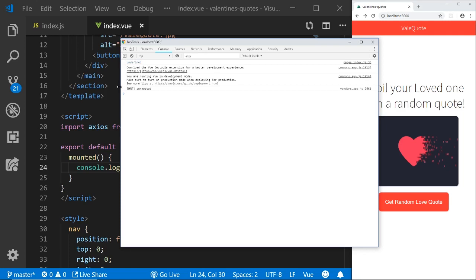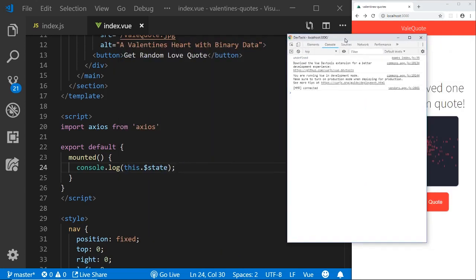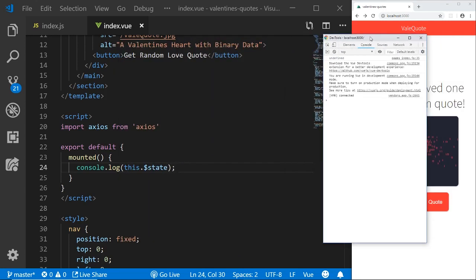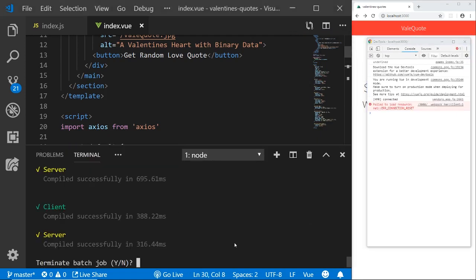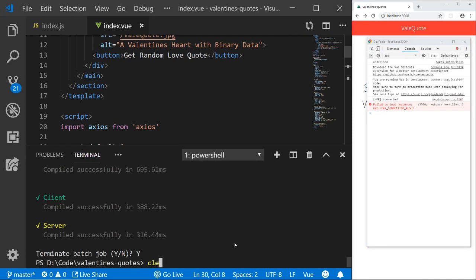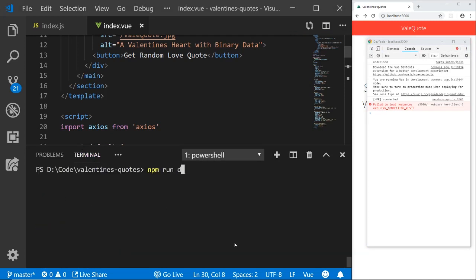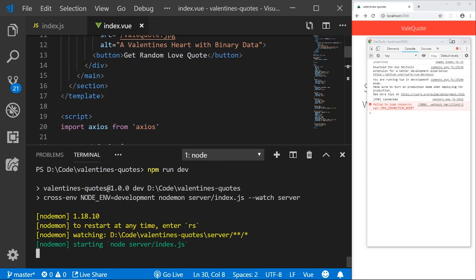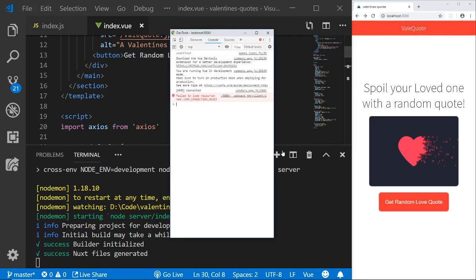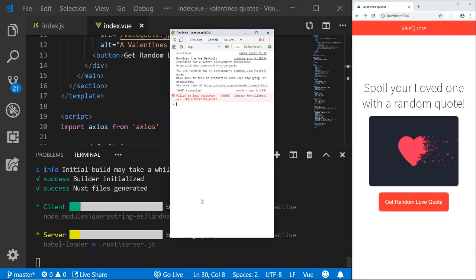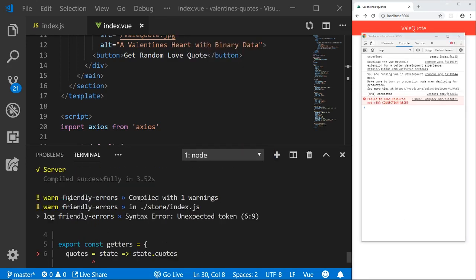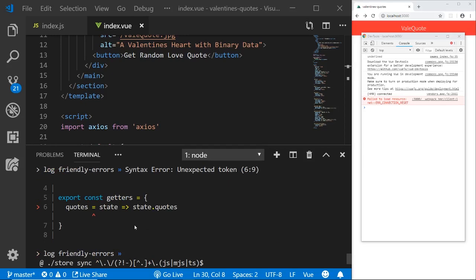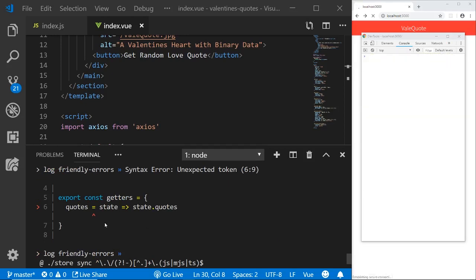Maybe we need to restart the server because maybe the hot reload didn't pick it up. So let's just test that before diving into the docs to find out how to actually set state. So to restart, I'm just going to do yes, clear, npm run dev. Let's have a look at this. There is an issue with our getters, but because we didn't get those logs before, it seems that the state wasn't